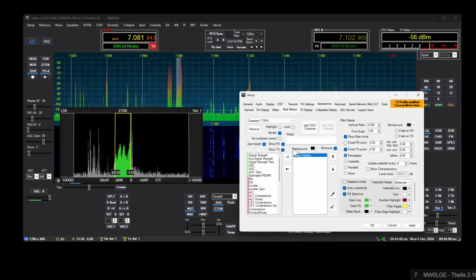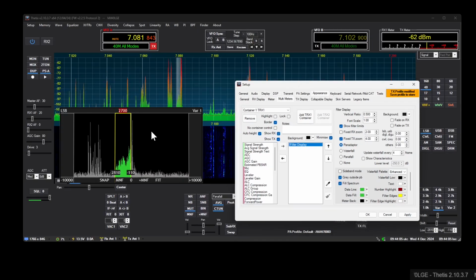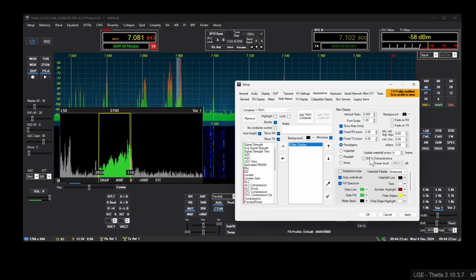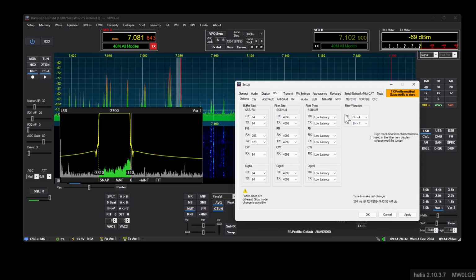is it uses Warren's new filter simulator that he's added into WDSP, and he generates the actual accurate filter data and then passes it. I grab it and then render it out into DirectX so we can view the filter characteristics. So let's zoom in a bit and show the characteristics. And by the look of that, we're on a BH4, which is steeper edges but